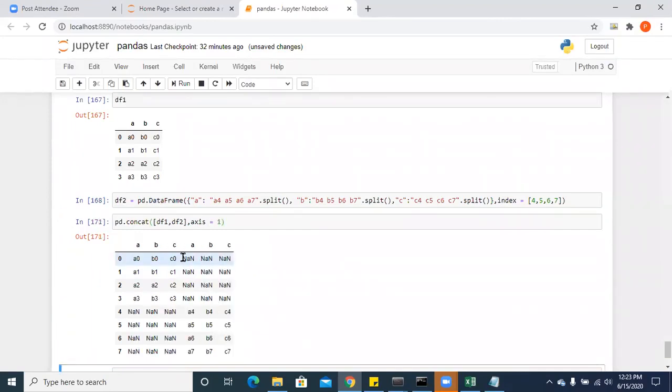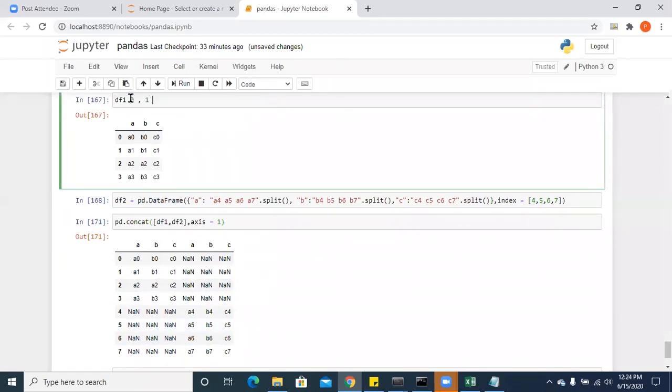Now if you see, there are some NaN values over here because we only have columns A, B and C. These index numbers are not 0, 1, 2, 3. In df1 we have only indexes 0, 1, 2, 3.